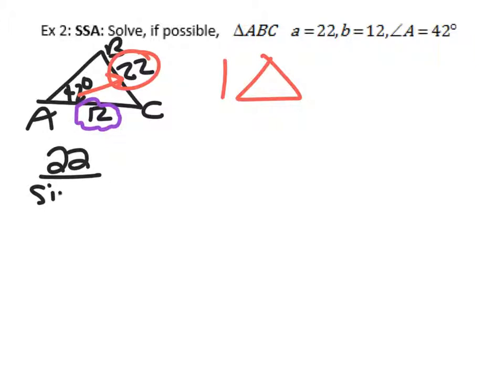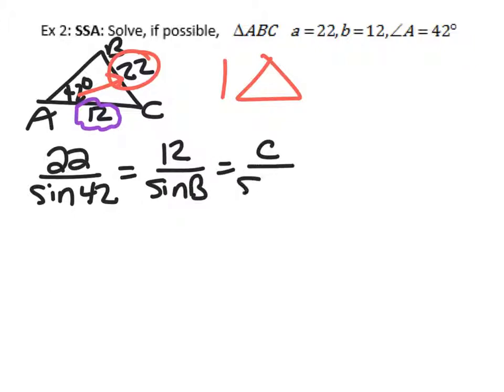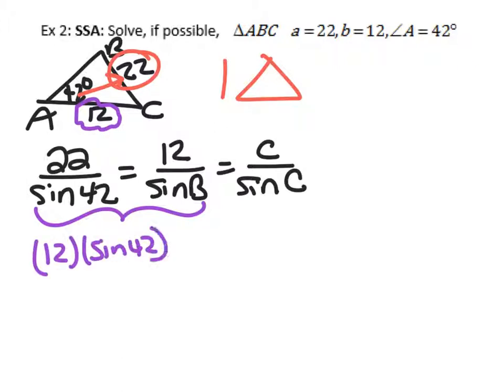22 over sine of A equals 12 over sine of B equals c over sine of C. Now you'll notice that you don't have anything for C, so you're going to have to solve for this next. So when I do 12 times sine of 42 over 22, that equals sine of B. So keep in mind, and I'll show you why this is only going to be one triangle and not two. So when you put 12 sine 42 over 22 in the calculator, you're going to get